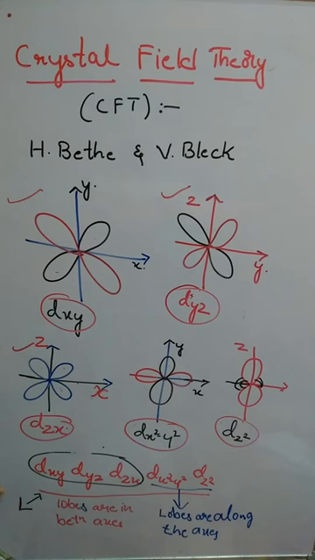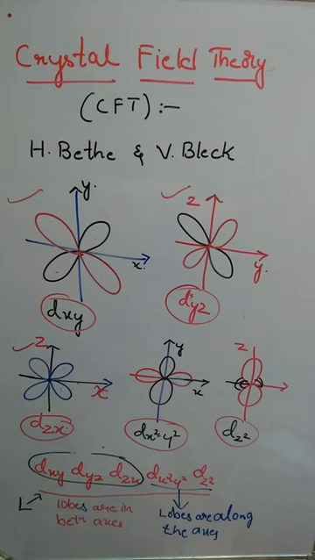So when a ligand approaches these orbitals, if the lobes of the ligand and the lobes of the d orbital are in the same direction, then they'll be experiencing more repulsion